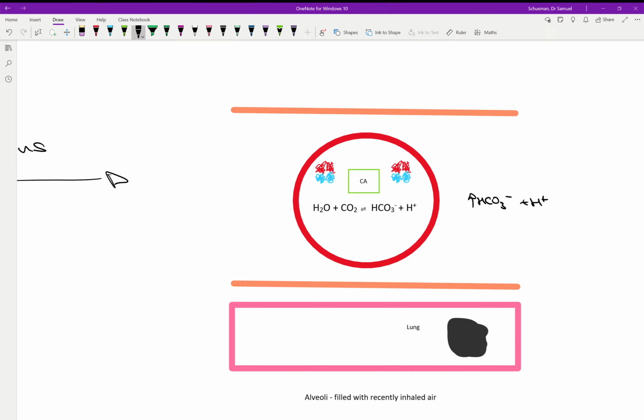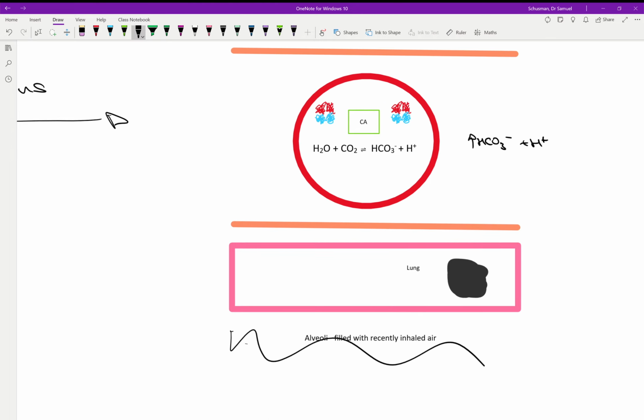And what we do now is in the lungs, this is the alveoli, this airspace, it's meant to be empty. You've got low CO2 because you've just breathed in freshly inhaled air, fresh air. What that does is causes CO2 to diffuse this way. By CO2 diffusing that way, you are lowering the concentration of CO2. If you lower the concentration of CO2, you guessed it,